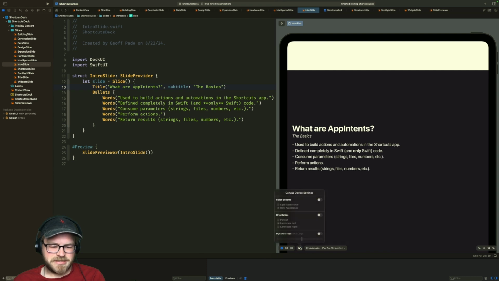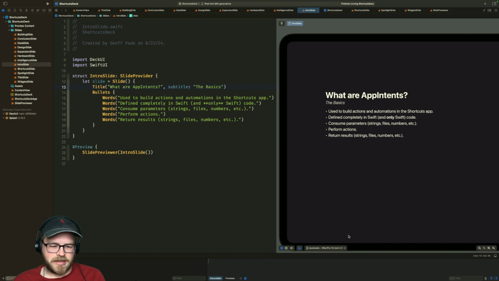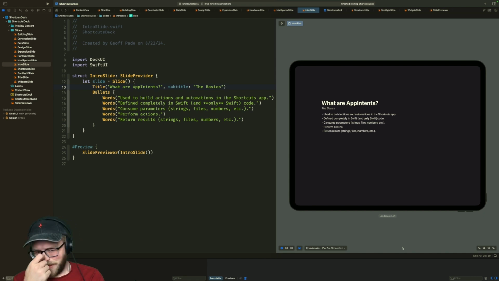Can I make it be landscape? If it's dumb but it works, is it really dumb? Not. It's fine. Okay, we're going to stick with this. I guess this is what we're going to have.